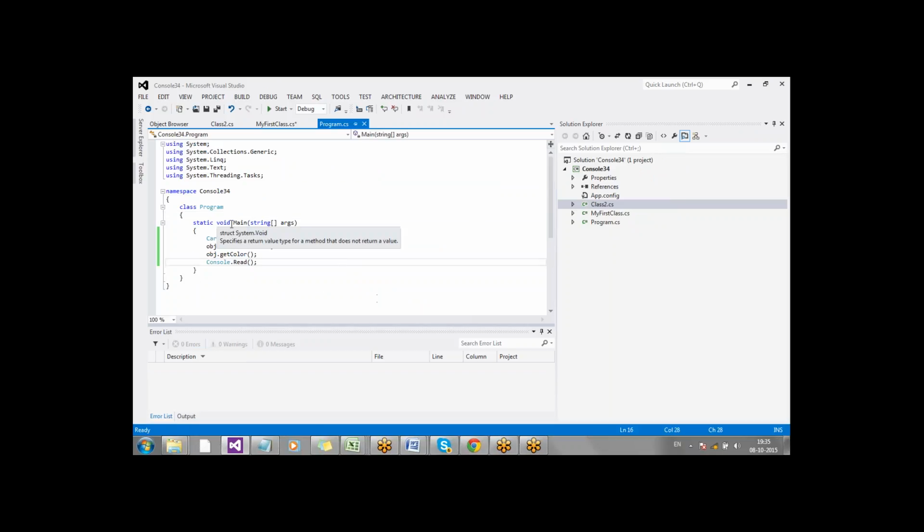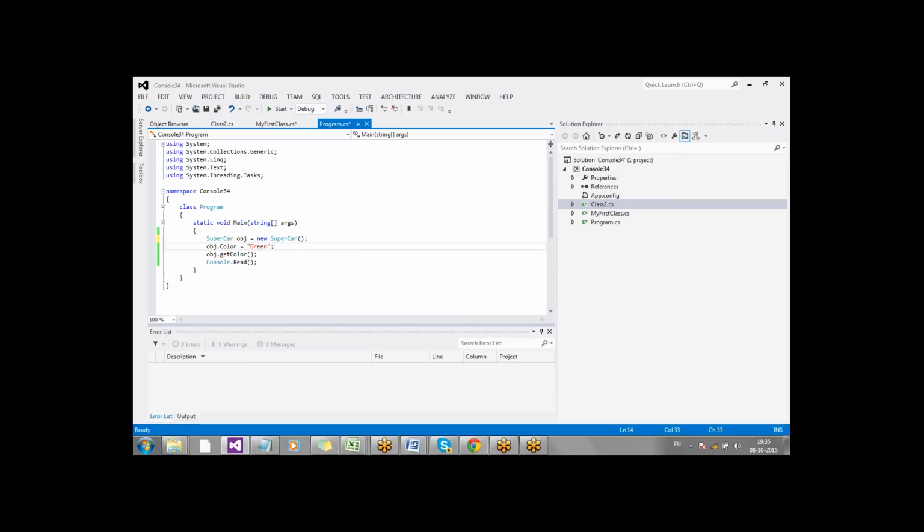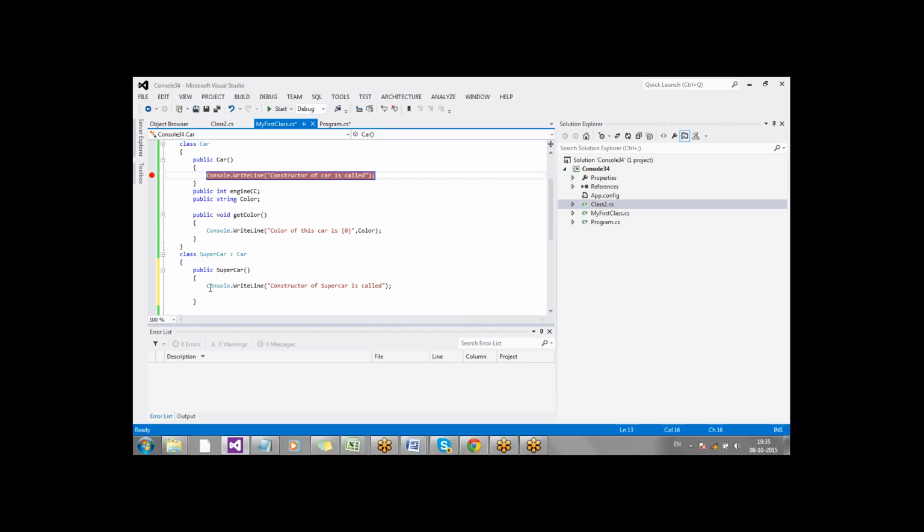Now if I create an instance of supercar, which constructor would be called? Any guess? Will it call this constructor or will it call this constructor? Will it call the parent constructor? Good. It should call both of them. First it will call this and after that it will call this.